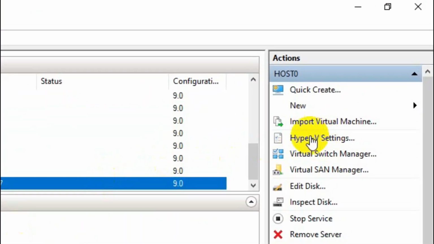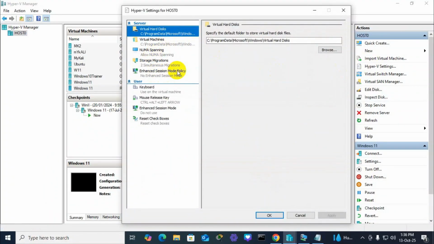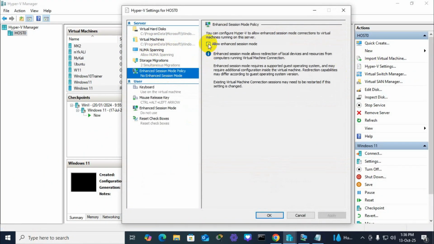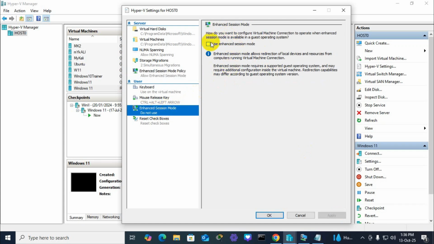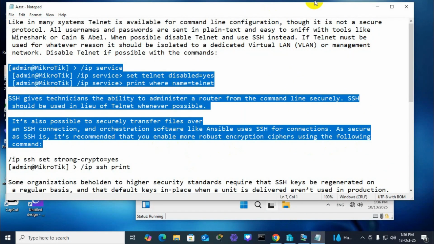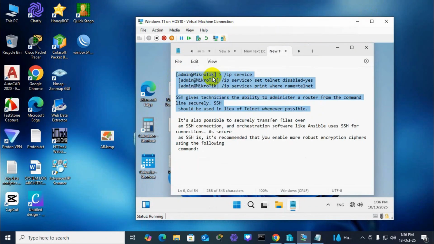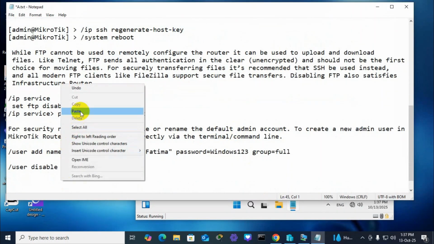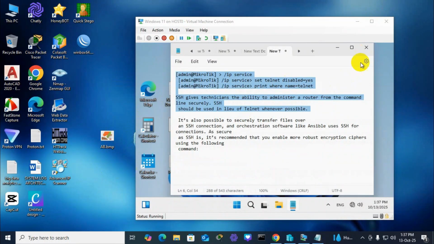Click on Hyper-V Settings in the upper right corner. Now click on Enhanced Session Mode Policy and then click on Allow Enhanced Session Mode. Click on Apply. Click on Enhanced Session Mode and then click on Use Enhanced Session Mode and then click on Apply. That's it. From now on, you can easily copy and paste files, folders, and text from a Hyper-V virtual machine to